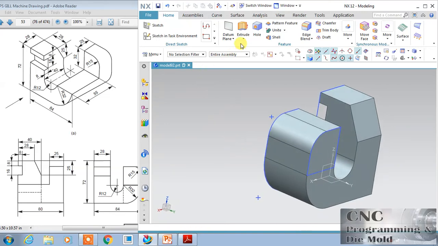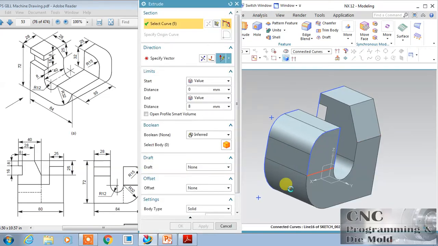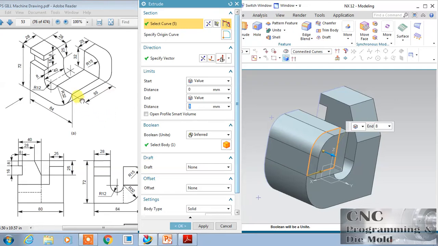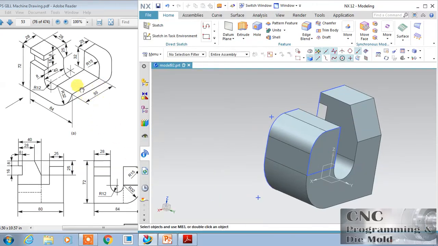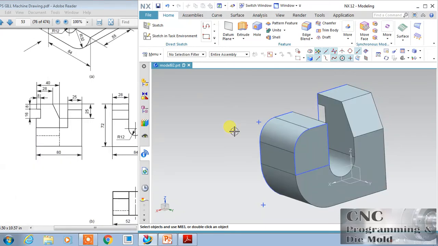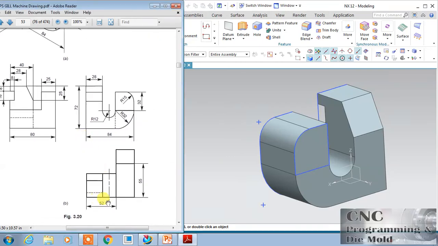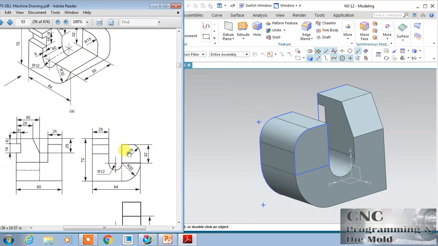What I want to cut this, extrude this whole curve, and actually this is 55, and before this we have to create some more. This length is 55 and after that is 25. So first we have to extrude this up to this length, then only it will come. Just check this portion, this 52, after the 52 it is 55 long. Okay.